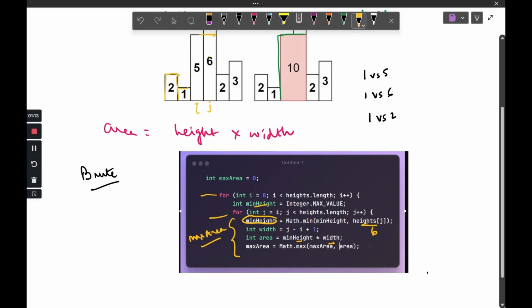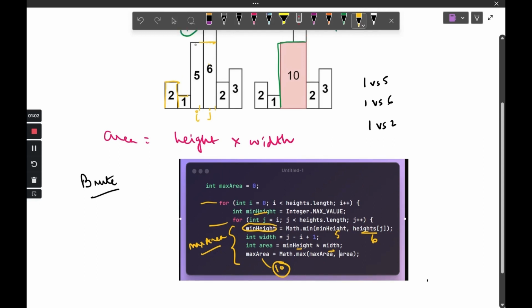So now we see the minimum height is 5 and your width is equal to 1 and 2. So 5 into 2 is 10. This is how your max area of 10 was being computed if we just consider this portion, 5 and 6. Why this is important is that if you understand this concept of finding the min height, and how this min height means you are able to extend it to the right and calculate the area by multiplying with the width,